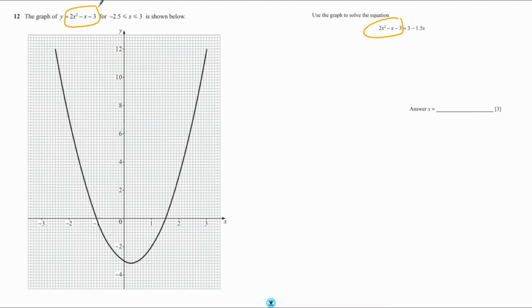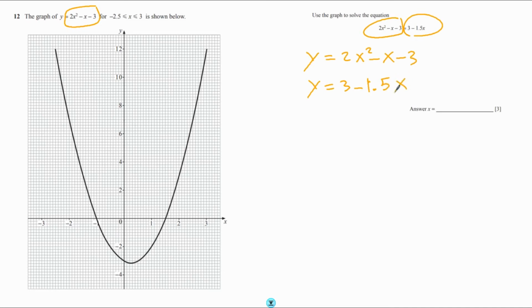And we want to equate that to the other side, which is 3 minus 1.5x. So this basically means that we have two functions: y equals 2x squared minus x minus 3 and y equals 3 minus 1.5x,